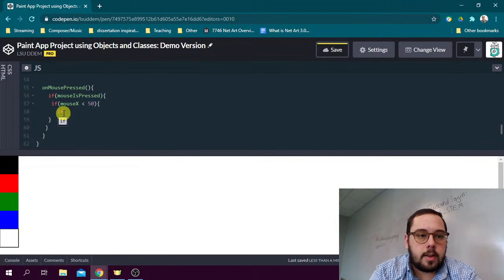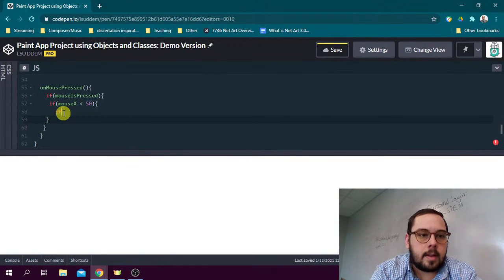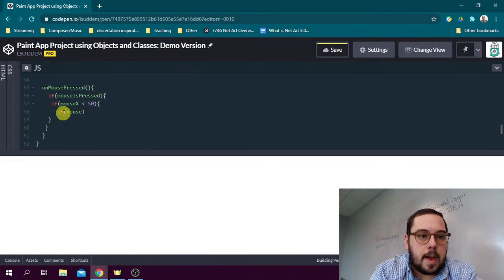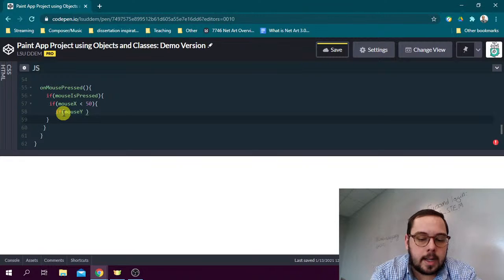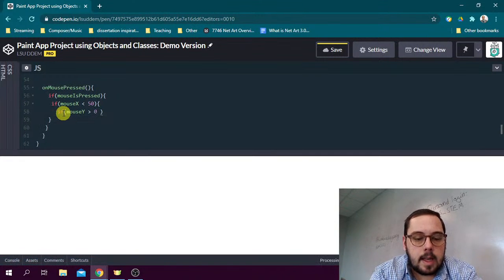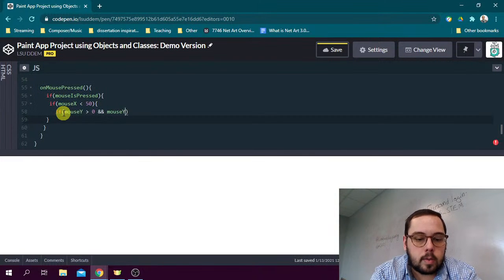So we'll say if, only this time we'll be working with mouseY. All right, so if mouseY is greater than 0 and mouseY is less than 50,